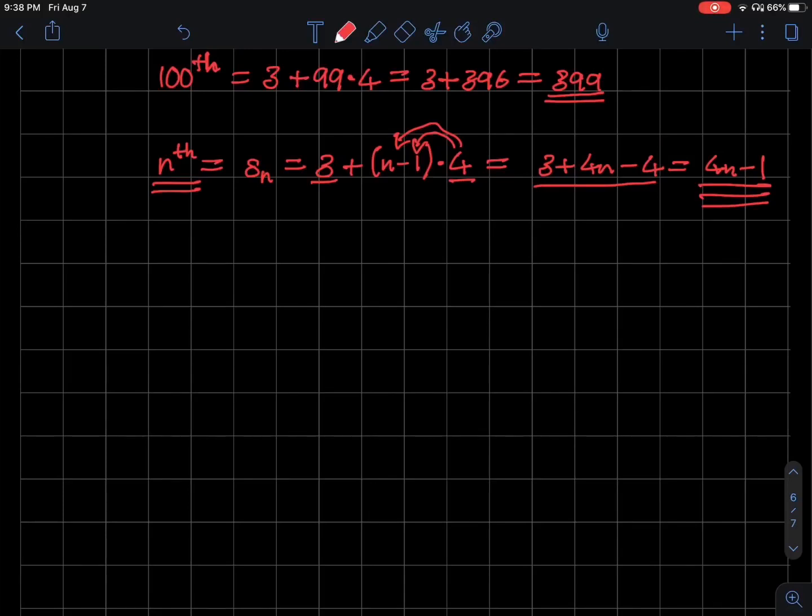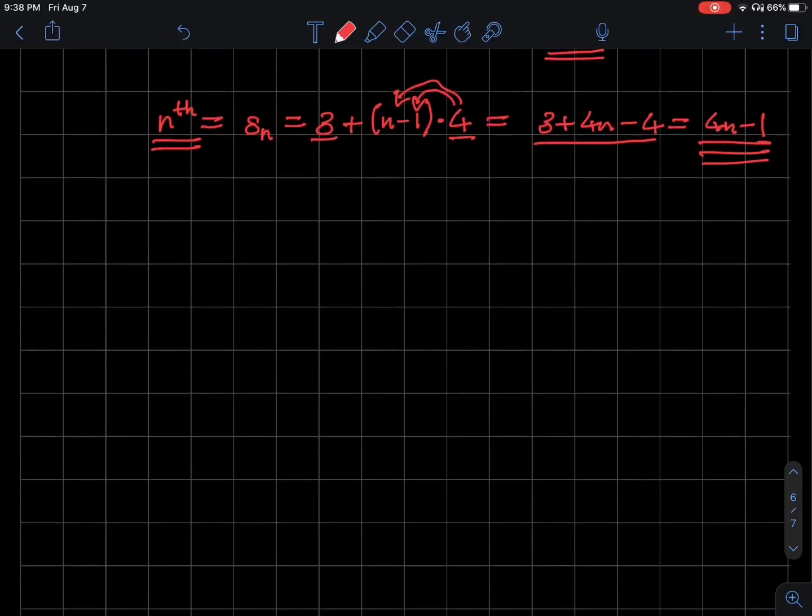is the term number. So let's say we were to find the term number 250, the 250th term. All we do is plug it into this, and we get 4 into 250 minus 1, which is equal to 1,000 minus 1, which is 999. Simple formula, right? Now, these formulas are extremely useful for finding the nth term of any sequence. Of course, 4n minus 1 is not the formula for all sequences, but you get the